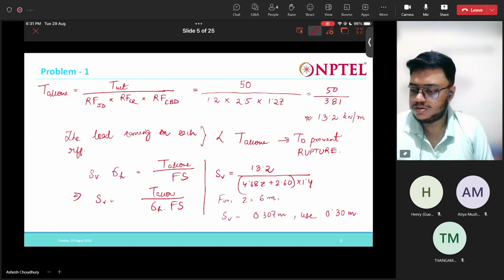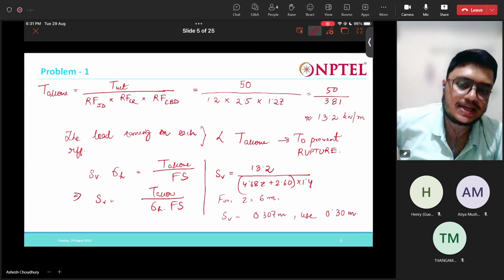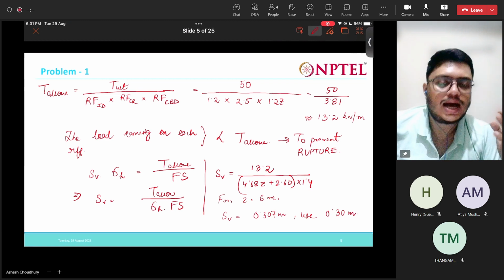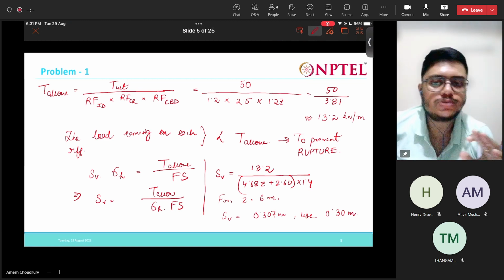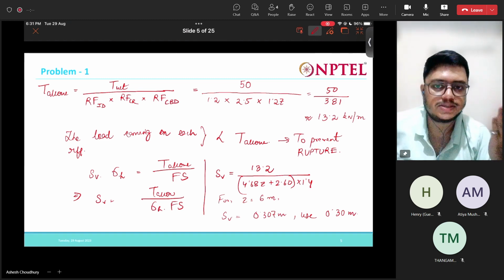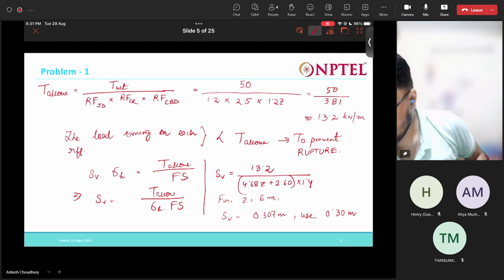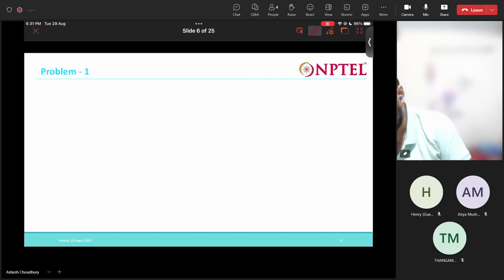So what we can do is that we can relax the spacing. As the height of the wall reduces, as we go up, we can relax the spacing, so that our design becomes more economical. Now let us see, by trial and error,